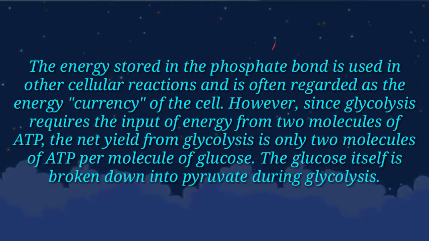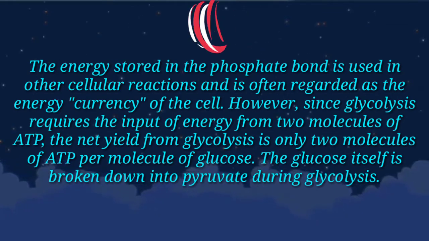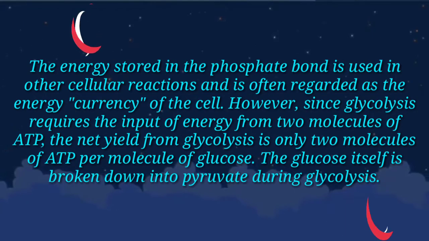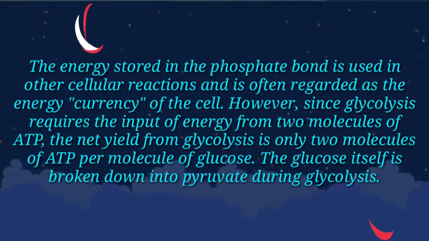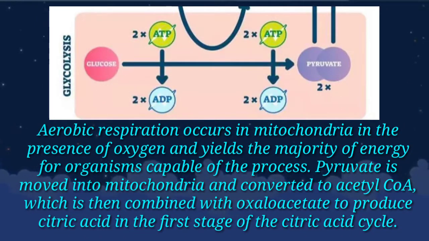However, since glycolysis requires the input of energy from two molecules of ATP, the net yield from glycolysis is only two molecules of ATP per molecule of glucose. The glucose itself is broken down into pyruvate during glycolysis. In aerobic respiration, it occurs in mitochondria in the presence of oxygen and yields the majority of energy for organisms